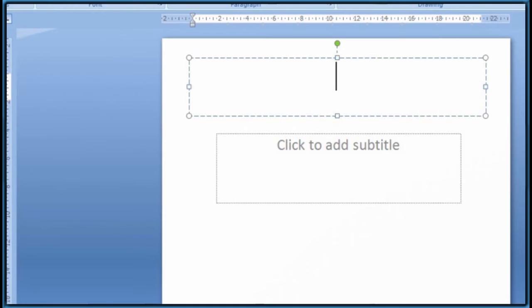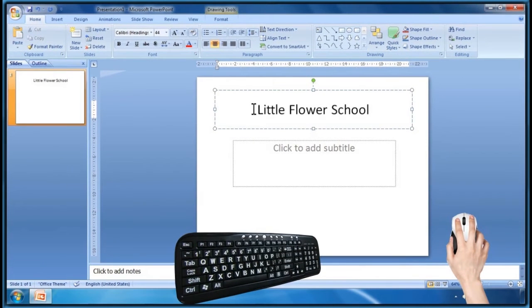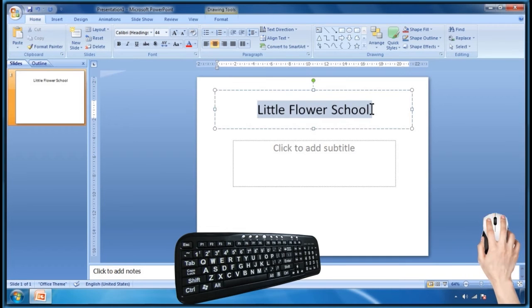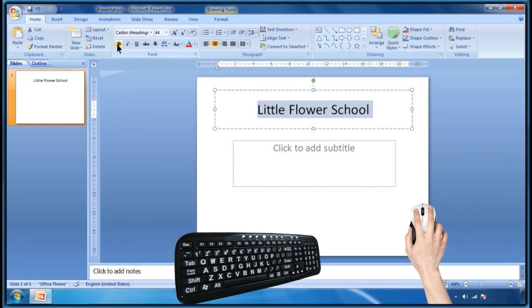Here I would like to type title as Little Flower School. To make the text as bold, select the text and click on bold command. Now the title appeared in bold.